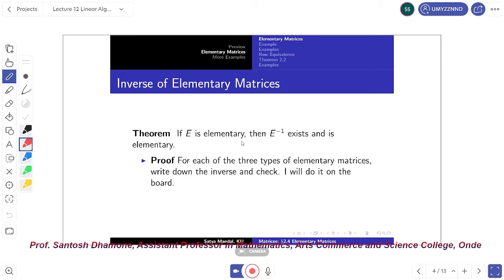Okay. Proof: for each of the three types of elementary matrices, write down the inverse and check. I will do it on the book. Okay. We solve this by